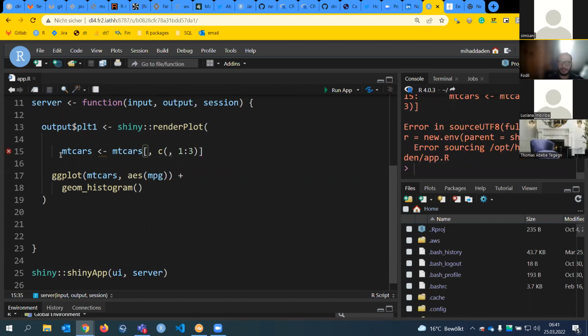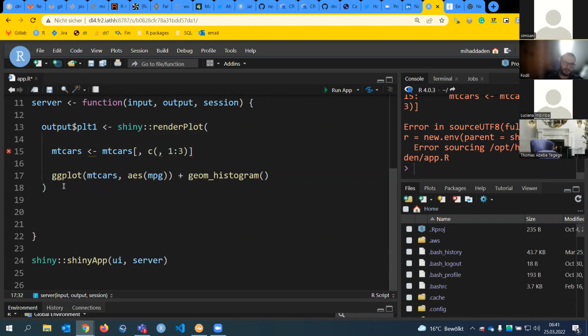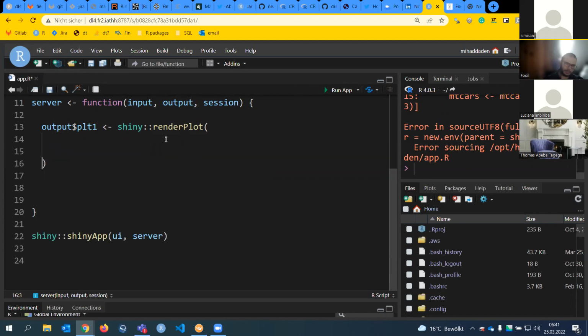Simply because I'm inside a function, and the function expects me to write only one line of code. This is actually not 2 lines of code, it's 1 line of code because it's linked with the plus sign. So actually it should be written like this. But if I write 2 lines of code, like here, I will have to put what we call, I forgot how to call them in English, these curly brackets here.